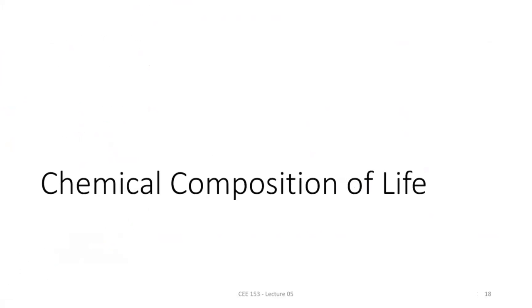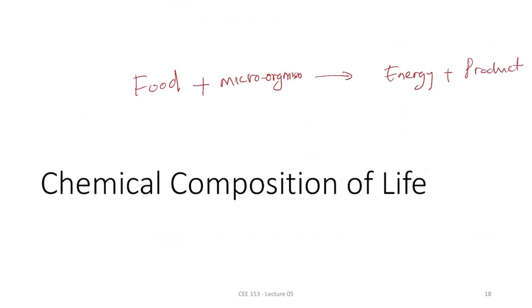So if you think of environmental engineering for biological applications, you have food and you have microorganism. Then you have energy. Product could be CO2, methane, or it could be anything, biomass,